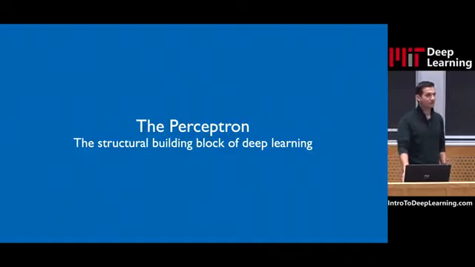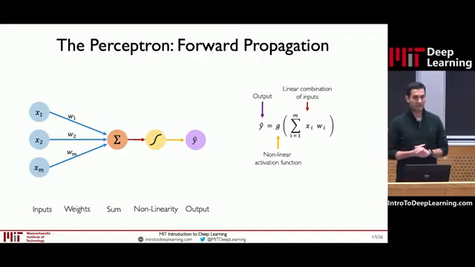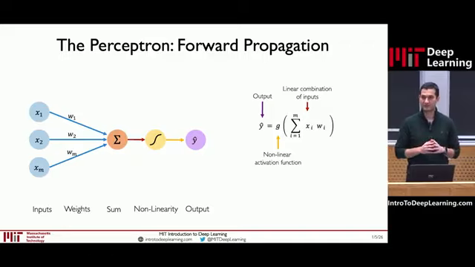Okay, so let's start with the most fundamental building block of what makes up pretty much every neural network. And that is the single neuron, right? Also known as the perceptron, right? So this is really the most basic building block that's very important to understand when starting deep learning. Now, what is the idea of a single perceptron? At its core, it's actually extremely simple. Let's start by first talking about the forward propagation of information through this neuron.